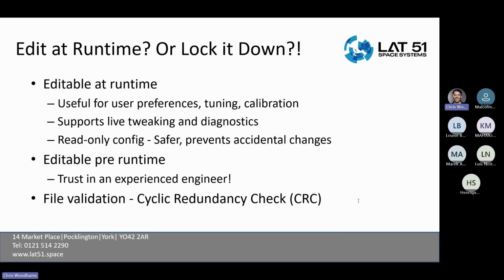Okay, so Louise, thanks for your comment there. One of the things I like about XML is the data type flexibility. INI is good for simple numbers or booleans, but if I want to have, that's a good point actually. With INI, you're probably a bit restricted in terms of the structure of the data